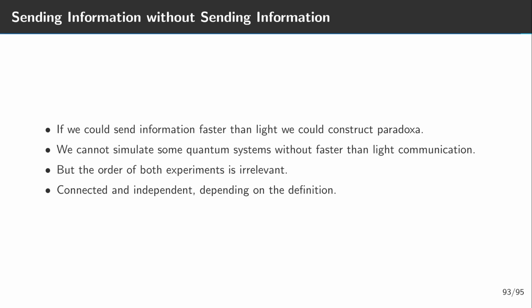To see the proof that the particles did communicate, we need to look at the correlation between both answers, not just the individual answers. And we can only look at the correlation data once we have transferred the answers in some classical, slower than light way. So we cannot use this to transfer information faster than the speed of light.